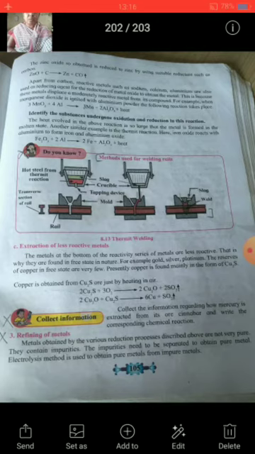Examples of less reactive metals are gold, silver and platinum. The reserves of copper in the free state are very low. Presently, copper is found mainly in the form of copper sulfide. Copper is obtained from copper sulfide